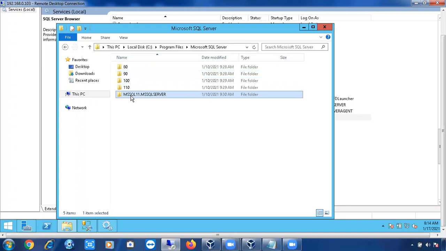Now can anyone tell me how to identify the version of SQL Server without opening Management Studio? This 80, 90, 100, 110. Here you can find, here only we can find. Yeah, but this is also one.